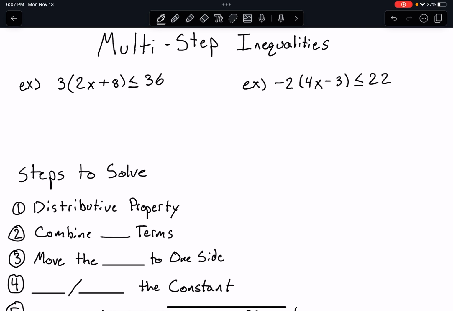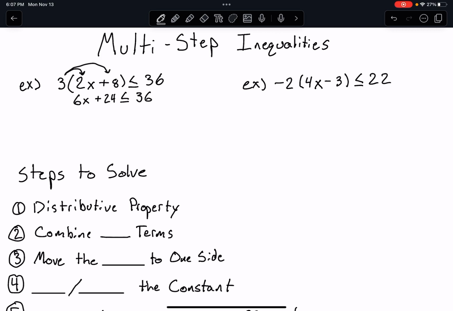We first have to distribute. That is our first step. So we have to take this 3 and multiply it into our first term and then into our second term. Don't ever forget to multiply into both terms inside of your parentheses. So when I do that, 3 times 2x is 6x, plus 3 multiplied into that 8 is going to give us a plus 24, is less than or equal to